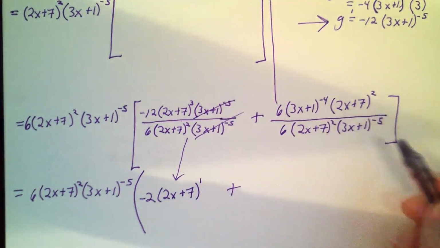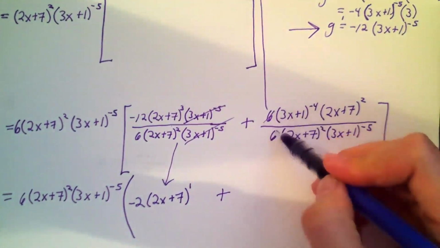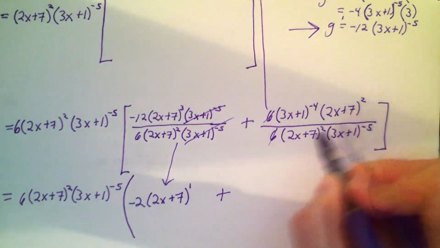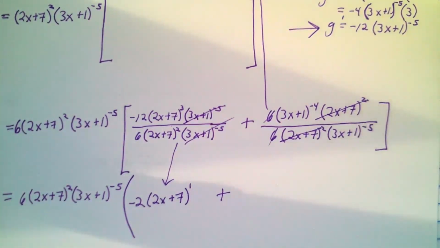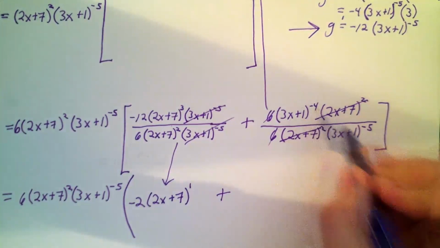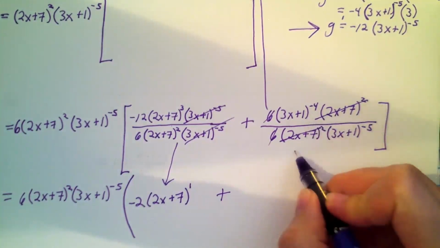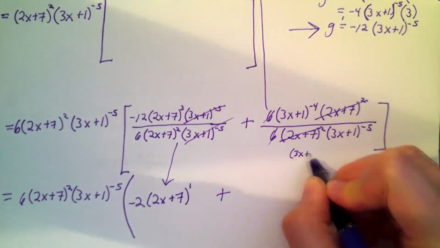Now let's take care of this mess over here, the second term. 6 divided by 6 is 1, so they cancel each other. 2x plus 7 squared divided by 2x plus 7 squared, they cancel each other. 3x plus 1 to the negative 4 divided by 3x plus 1 to the negative 5. Now those are different powers, so we don't cancel them. But what we do have here, let me write this off to the side, is 3x plus 1 to the